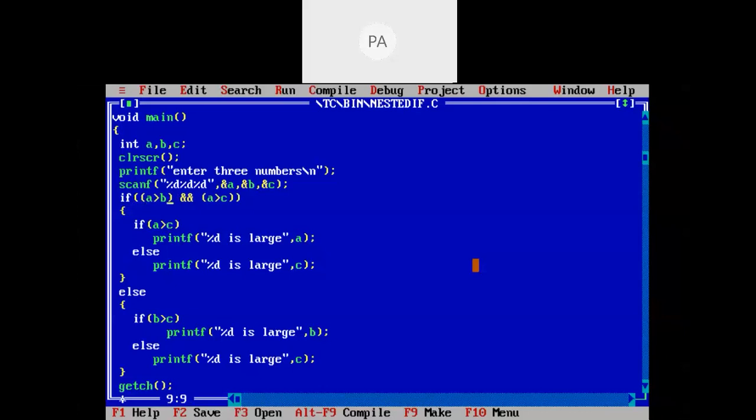I can write it like this: if a greater than b and a greater than c, instead of writing one more condition like a greater than c. I just wanted to show you the seventh form, which includes an if-else, inside one if-else, and inside the else one more if-else. So I have written one extra condition here. This condition is required; we can combine it here or else write it separately. When we look at this logic, we can find the largest of three numbers.